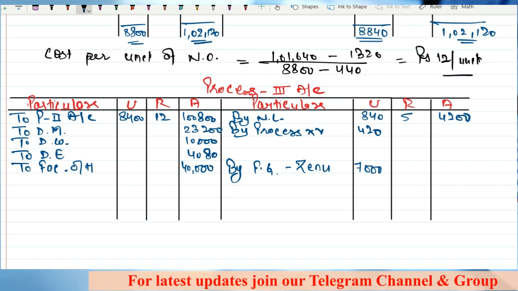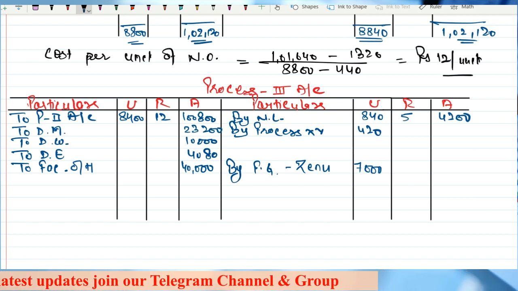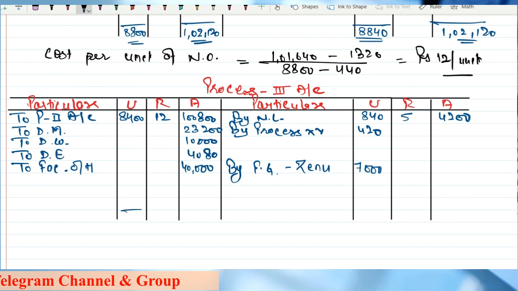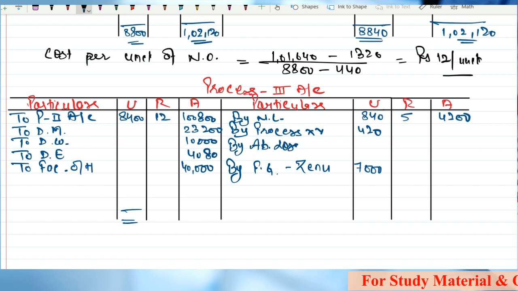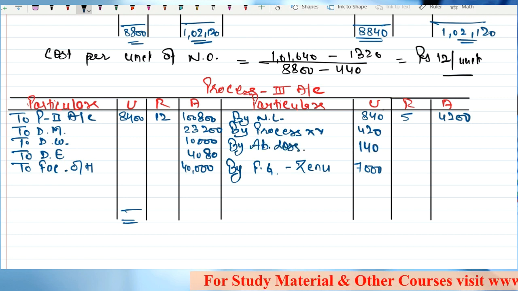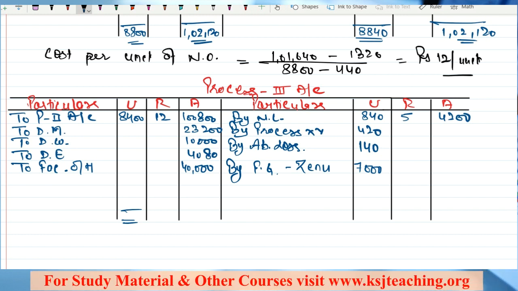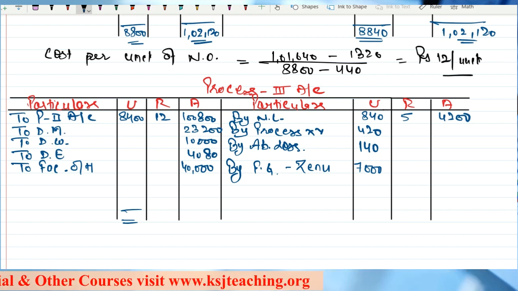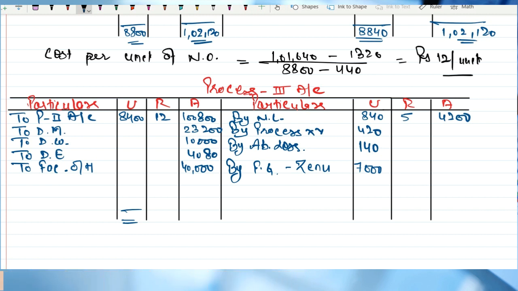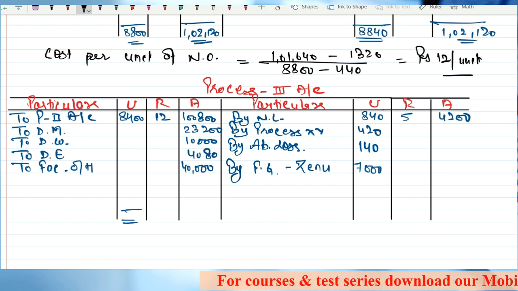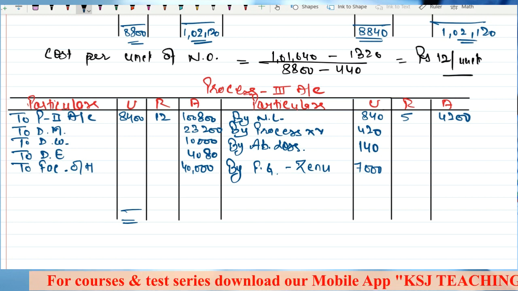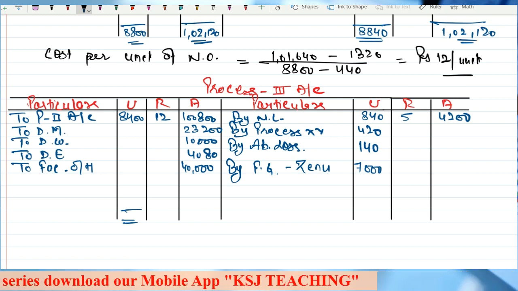Sir, if you do the total, there is still 140 units that are left. The total here 8400 we are taking, but here it is 140 units less. So those 140 units is what? Your abnormal loss, 140 units. Now the main important question is, sir, how to value this byproduct of 420 units? See, I told you that one thing we can do is calculate net realizable value. The another thing is we can credit only the units in the process account, and whatever is the value, that is the NRV only, we credit it to the costing profit and loss account.